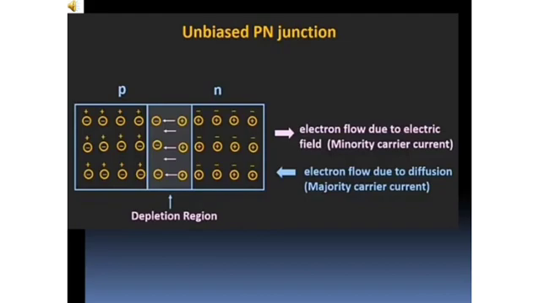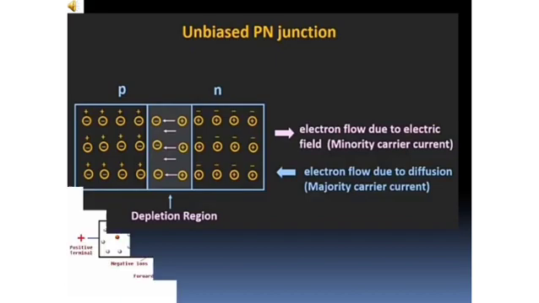It is said to be forward biased when the P side, that is your anode side, is connected to the positive terminal of the supply, and the N side, that's your cathode side, is connected to the negative terminal of the supply. Similarly, if the N side, your cathode, is connected to the positive terminal, it would be considered reverse bias. Generally a resistor is connected in series with the diode to limit the current flow.